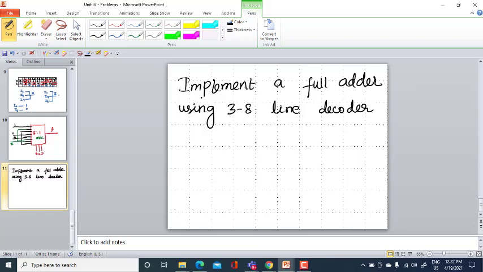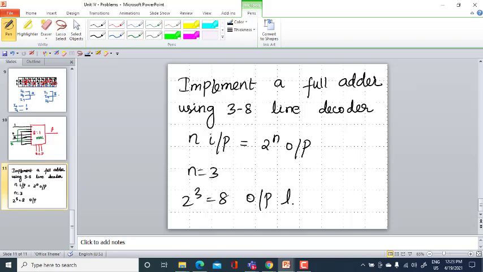So this is another problem. Implement a full adder using a 3 to 8 line decoder. For n inputs, we have 2 power n outputs. So n is 3, 2 power 3, 8 output lines we have in the decoder.